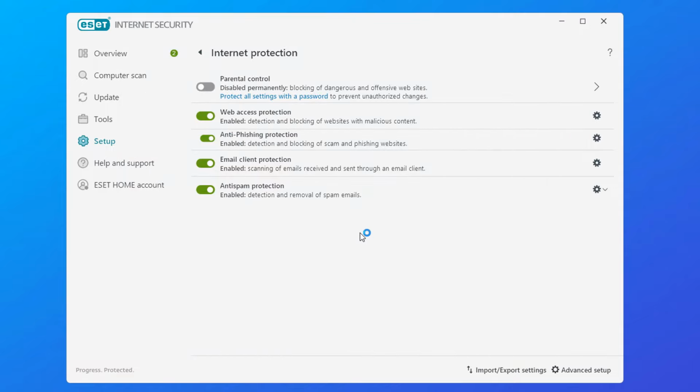which is now going to set that setting in stone. Now, there is another method we can use inside ESET, and this is a much more advanced method which does actually block all of the updates, and I'll show you how to do that in this video